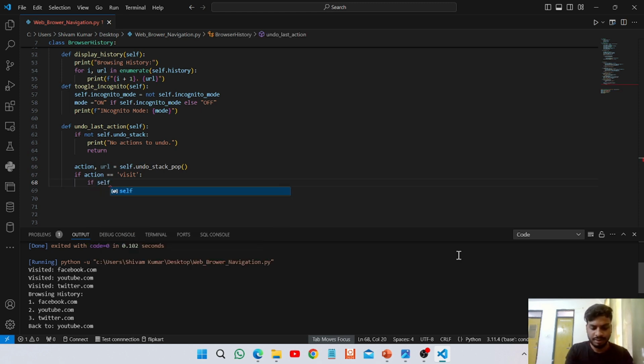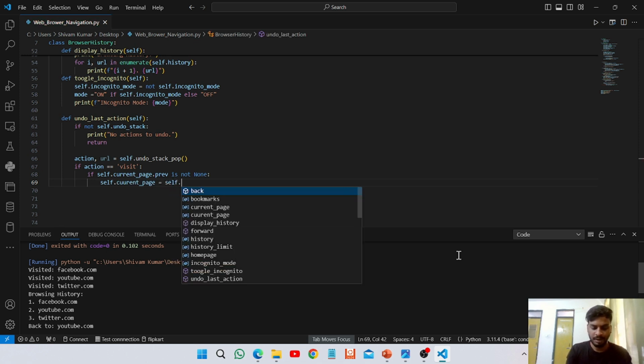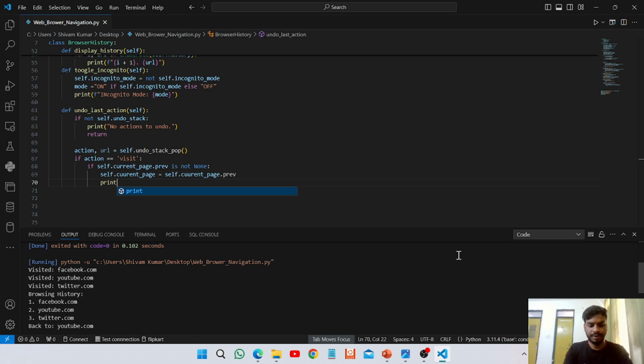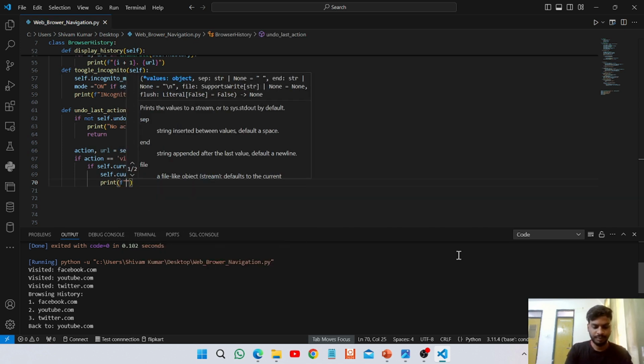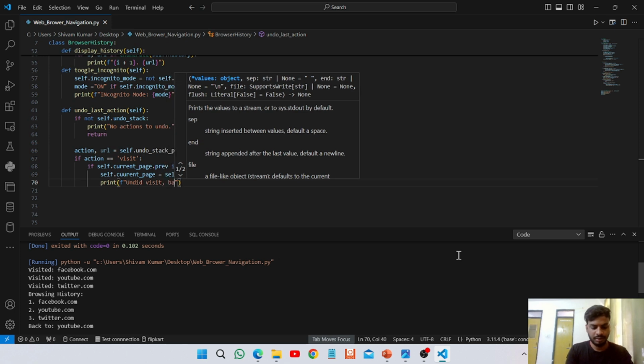If self dot current page dot preview is not none, then self dot current page equals self dot current page dot preview. Then print the message, and reset back to